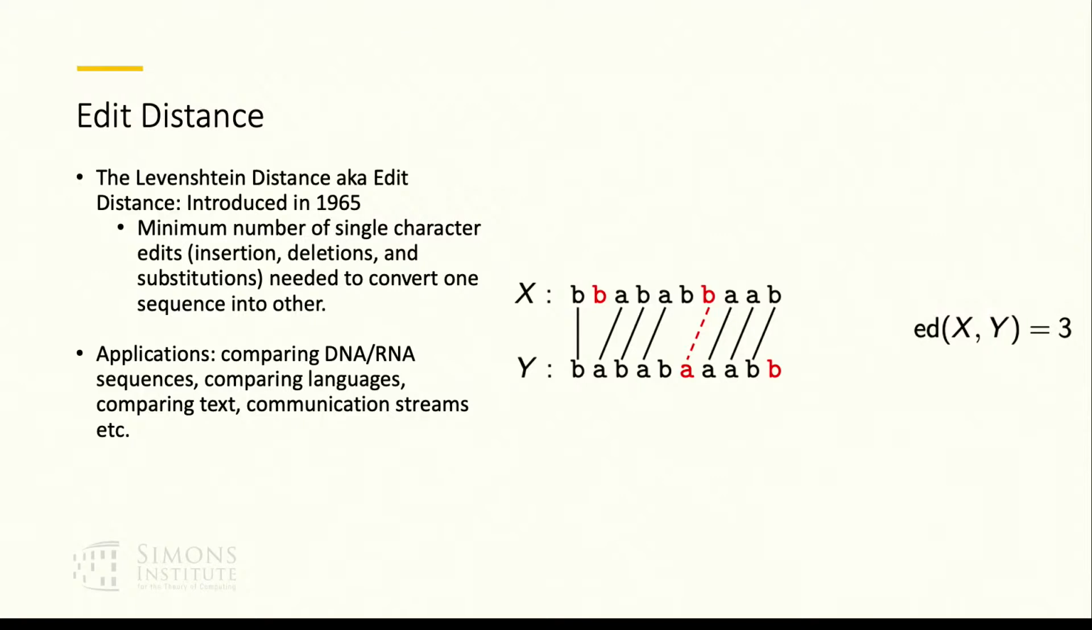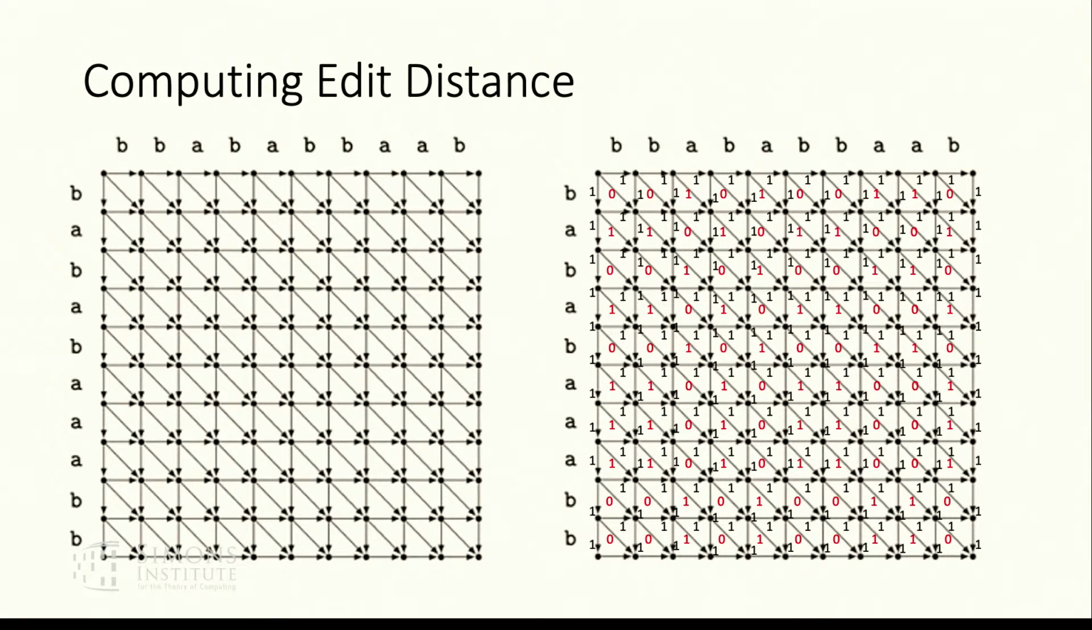It has a lot of applications: comparing DNA and RNA sequences, comparing languages, text, communication streams, et cetera. So how do you compute edit distance? This is something you learn in an undergraduate course. You write the first sequence on the top and the second sequence on the left. You can do it using dynamic programming, but here is another way of viewing the dynamic programming. This is your grid-like graph, and each node has 3 edges,